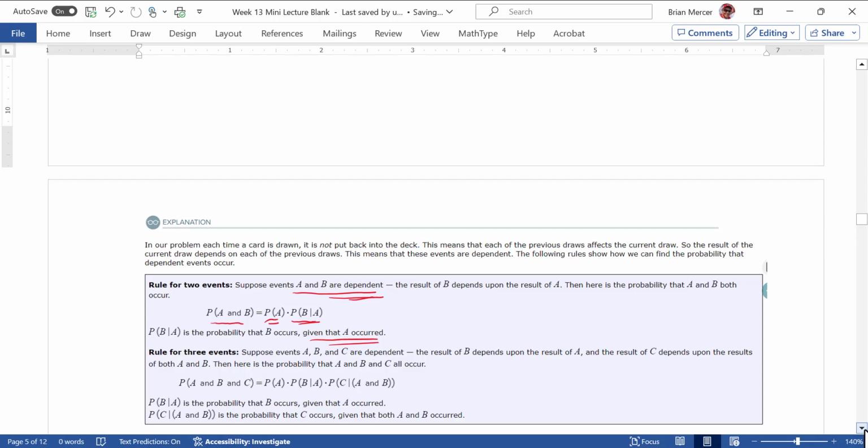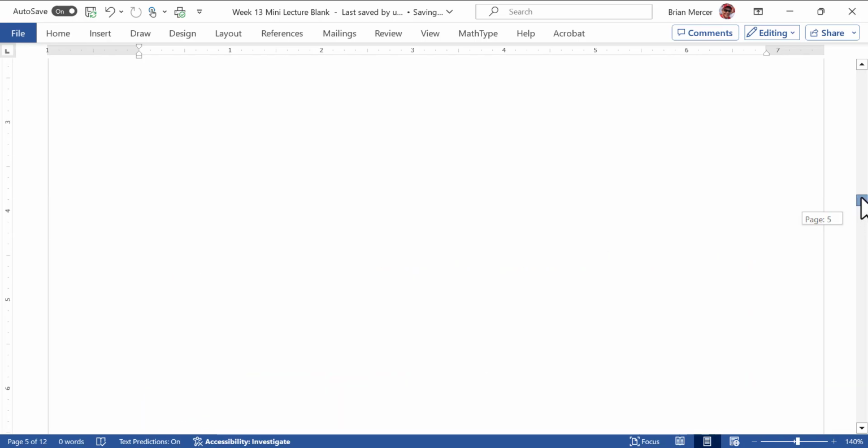If there are 3 events involved that are all dependent, then it's the probability of A, the probability of B given A, and the probability of C given A and B. And so then that just builds from there. So with this problem, let's get back up here, with this question then,